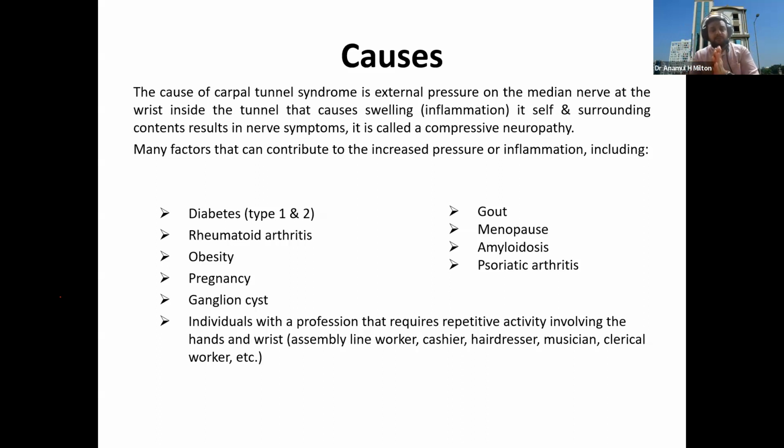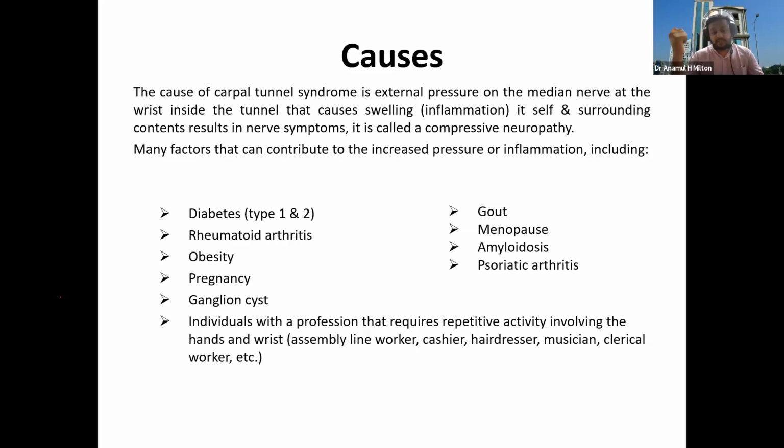So there is the short axis, long axis, transverse diameter, and we calculate the cross-sectional area. Below 10 millimeter squared is normal, above 10 is pathological and considered CTS, and more than 15 millimeter squared is